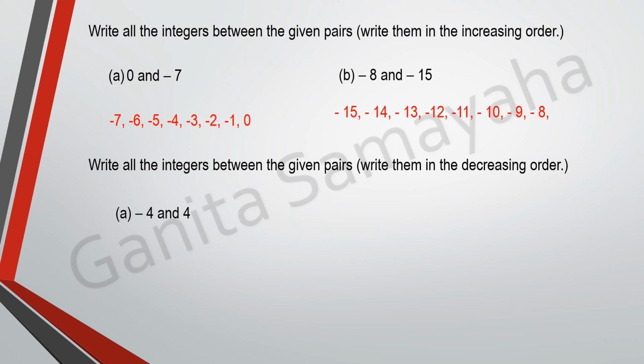So between -4 and 4, which is bigger? We know how to apply. When there is one negative and one positive, the positive number is bigger, isn't it? So we start from 4 and then decrease. 4, then 3, then 2, 1, 0,